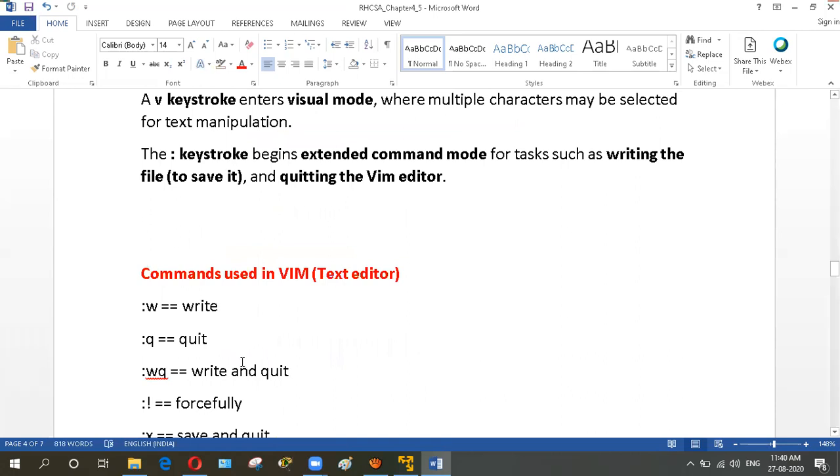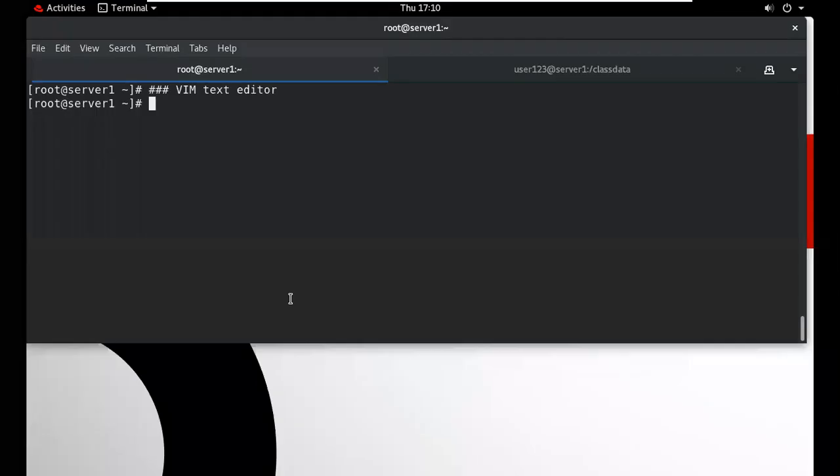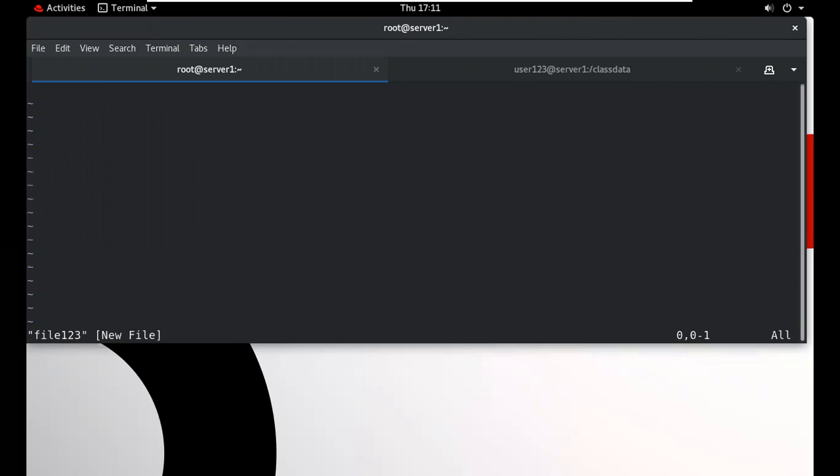So we will start from Vim. Vim is a text editor, and it works as a command. Vim is a command at this time. Then we want to create any type of file, so give the name. Suppose my file name is file123. This is the name of the file, and we want to create it. The name of the file is file123. And just press enter. At this time, this mode is called command line mode.